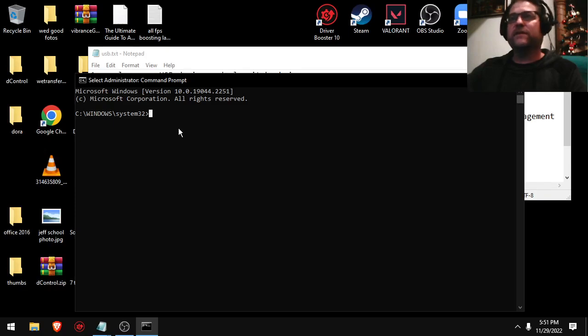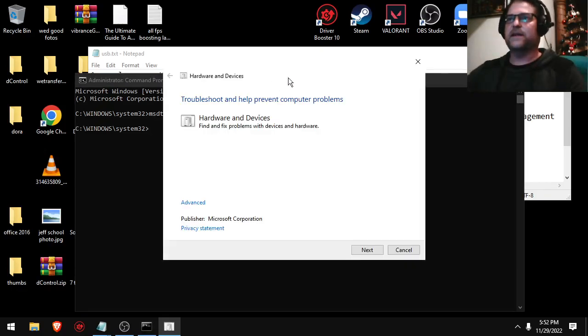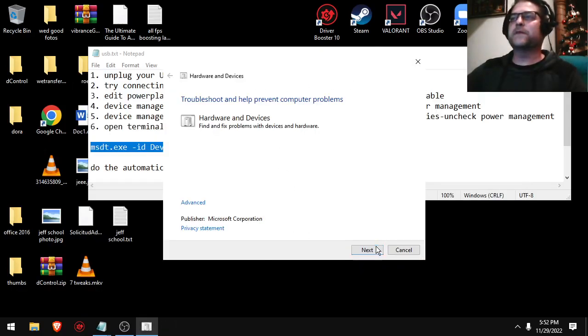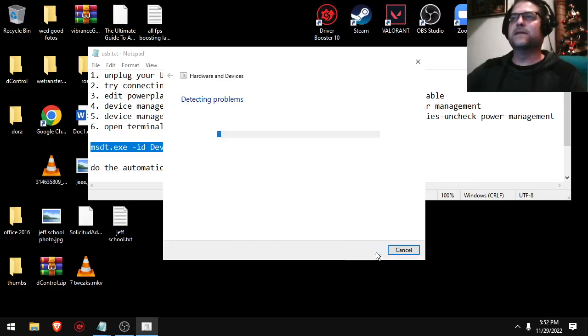Also, if you want to do this step just to check your computer out and make sure it's good, you can do this step. This checks for hardware or device problems, and it gives you recommendations for other problems. To paste in here, just copy it and then hit Control V and then hit enter, and it'll open this box, and we're going to click next,